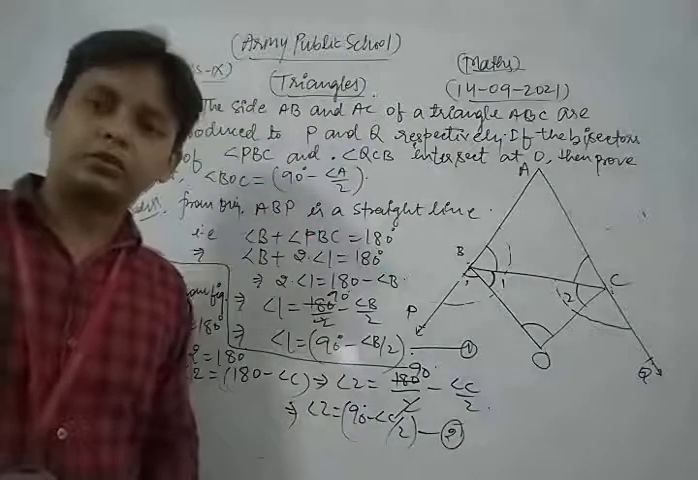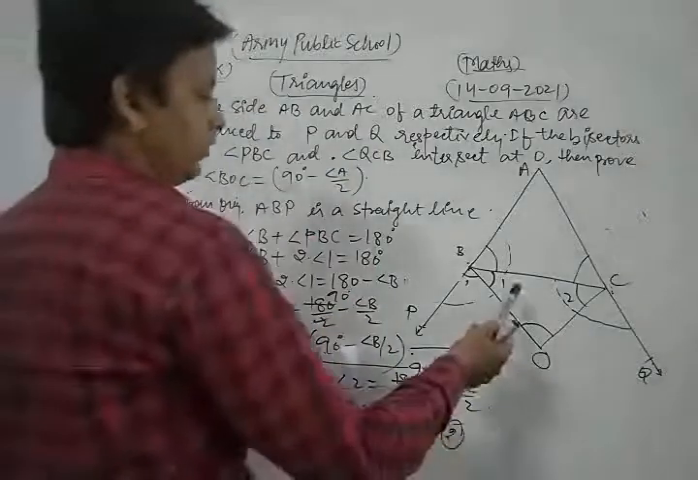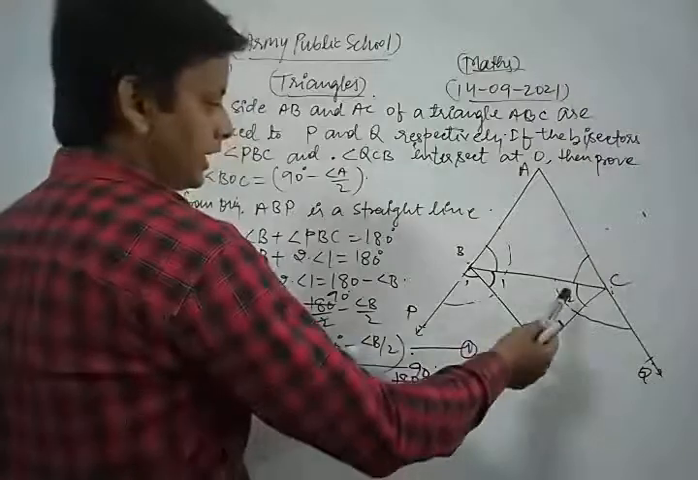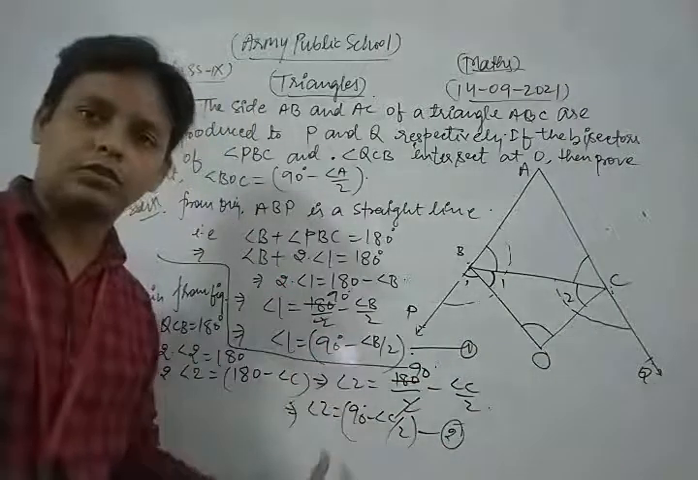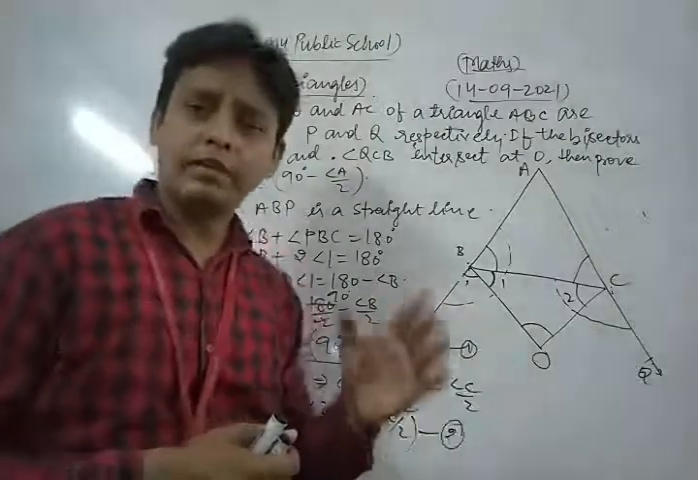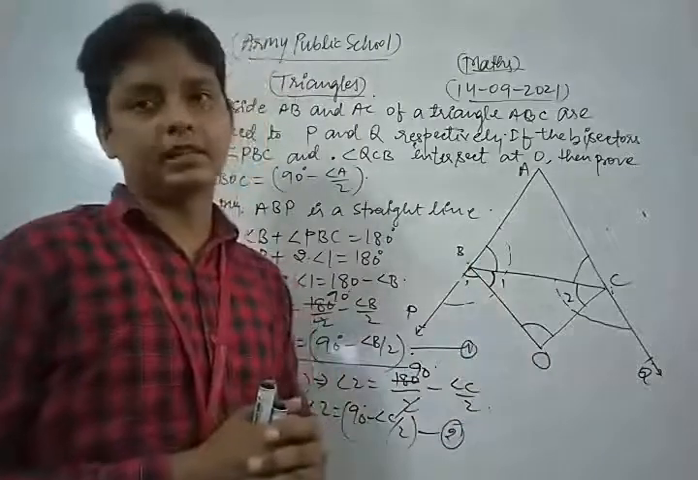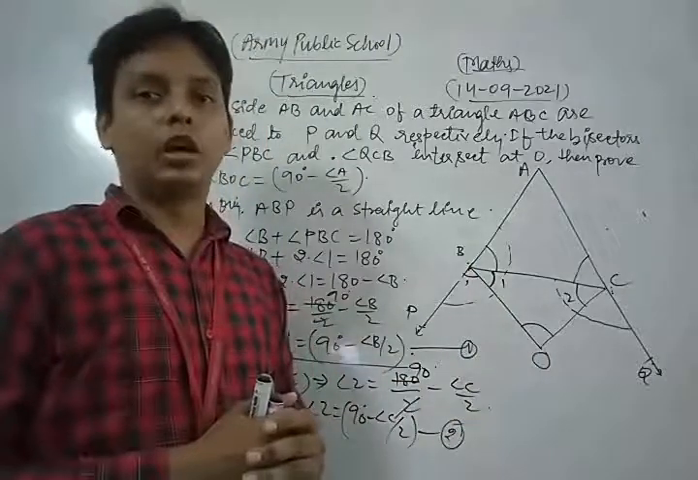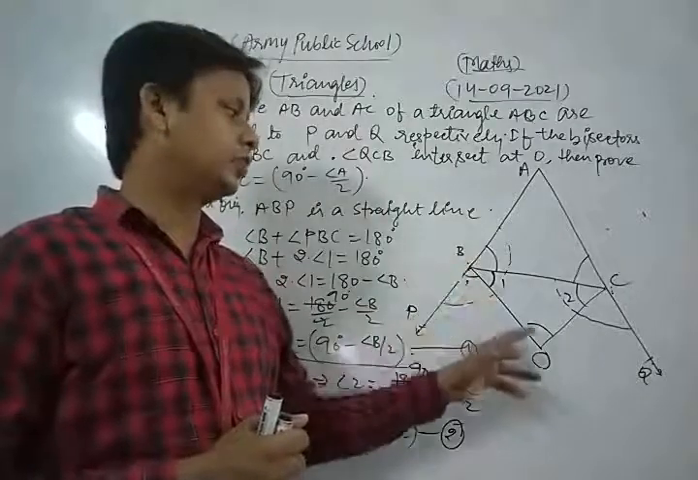We take equation number 2. So dear students, in this way we find the value of angle 1 as well as angle 2, in the form of equation 1 and 2. Now dear students, according to the question we have to show that the angle BOC is 90 degree minus half of angle A. So now dear students, we take triangle BOC